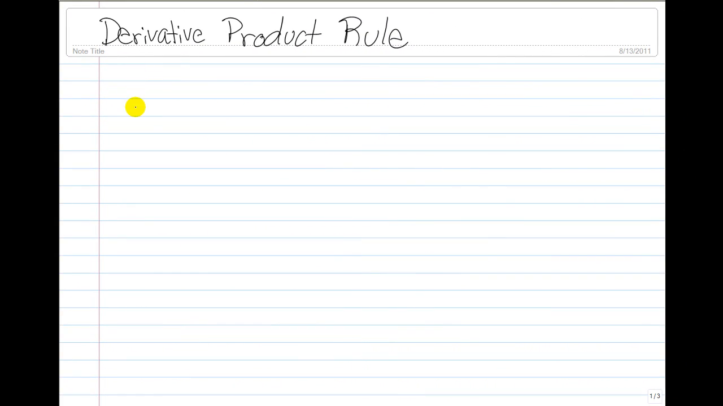Now I'm going to show you the derivative product rule. That rule says the derivative of a function u times a function v is equal to u times the derivative of the function v plus v times the derivative of the function u. Now, for example,